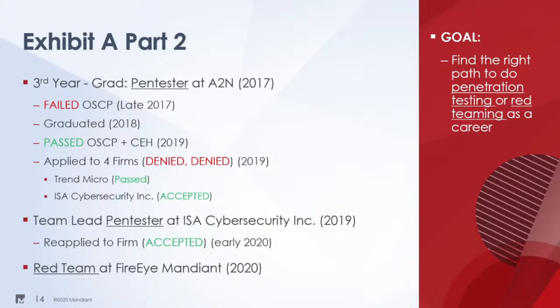So I ended up taking another job instead as the team lead pen tester at ISSA Cybersecurity, and great people, great working atmosphere. But through that process, I was also still going through the applications with FireEye. And it worked out, and I was able to reapply and get accepted. The big thing that I learned from that was that as I was failing, I was recognizing where the demotivations were coming in and why my failure was a failure. And so I had to reassess that and reapply myself by staying proactive and doing those things that I told you guys to do that will help.